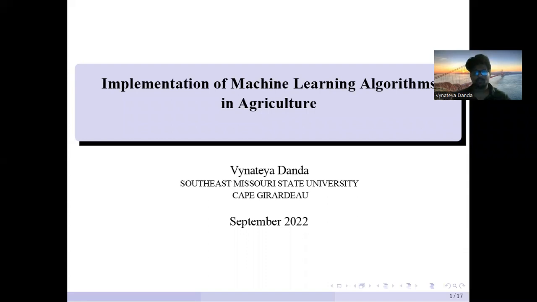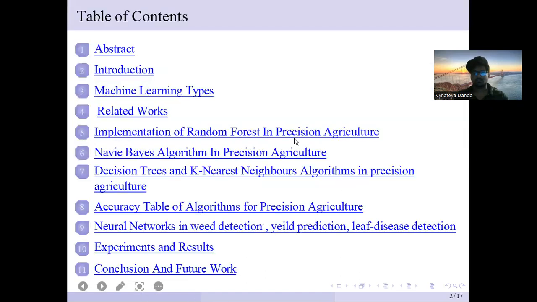Hello all. Today I'm going to discuss the topic implementation of machine learning algorithms in agriculture. So here in this research paper, we are basically describing the different types of machine learning algorithms which are used in agriculture, like weed detection, precision agriculture, crop yield prediction and so on. Here I'll mostly be discussing the different types of machine learning with its algorithms, and